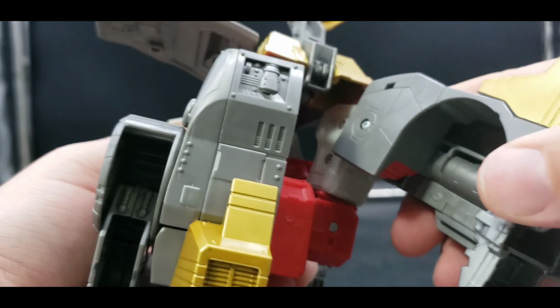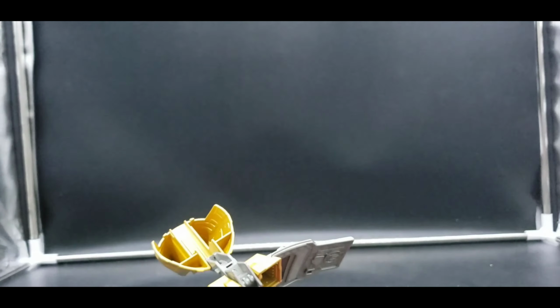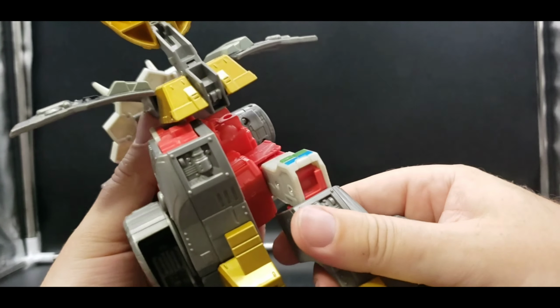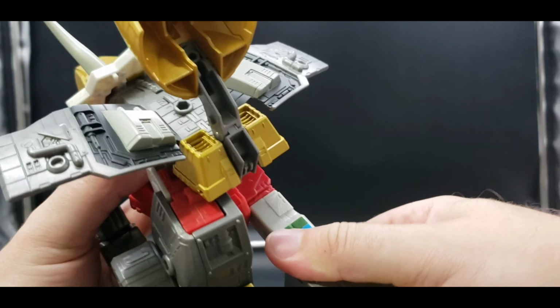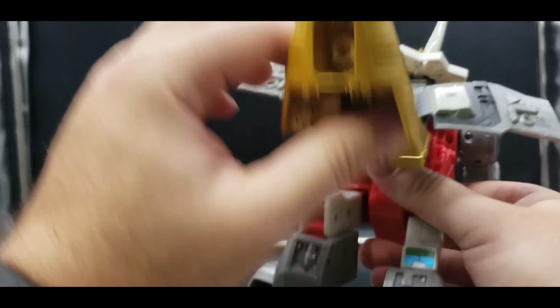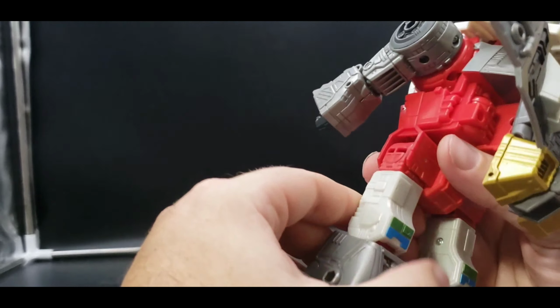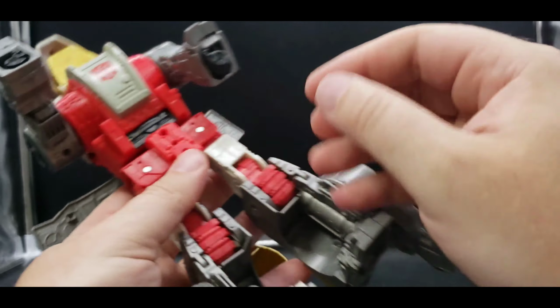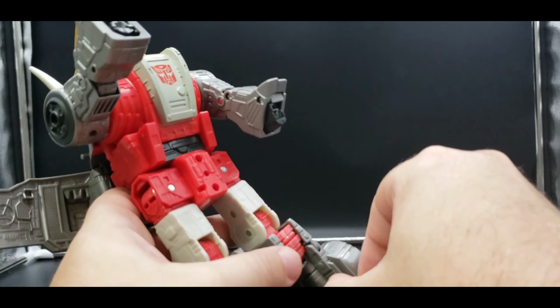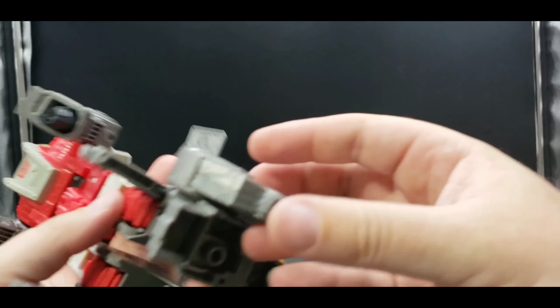Now we're going to straighten out. Let me raise you up some more. Straighten out the legs. Just like this. And then the other thing we're going to do is we're going to open these pieces up. Then we want to